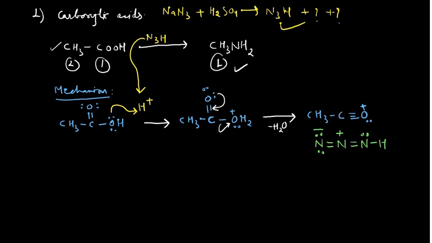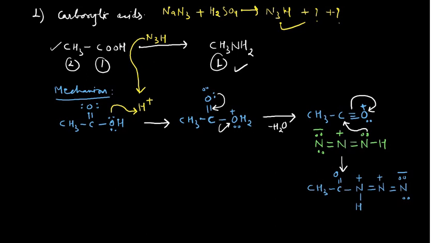So, what it can do, you can see here this electron pair can attack on this carbon, and this electron pair will go back to the oxygen, and then you have another species, which you can write in that manner: CH3, C double bond O, single bond nitrogen, and hydrogen is already there, and you will put a positive over there, double bond, and yet another positive charge on this nitrogen, and this is negative over there. So, this is quite easy.